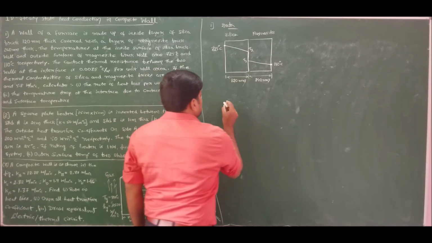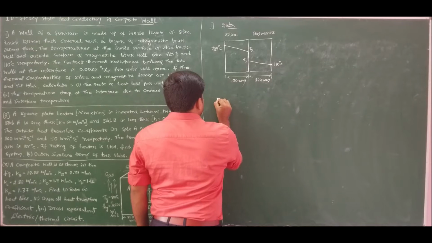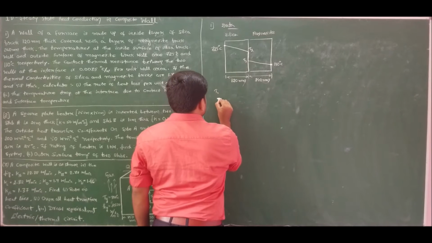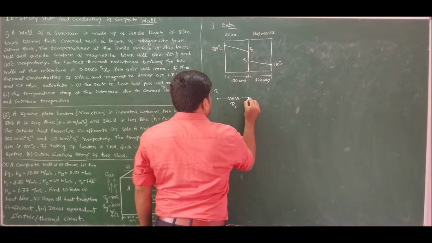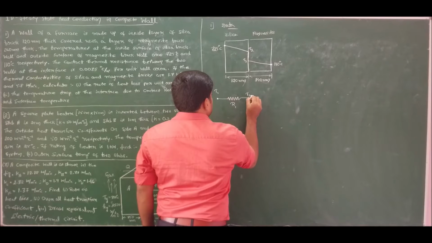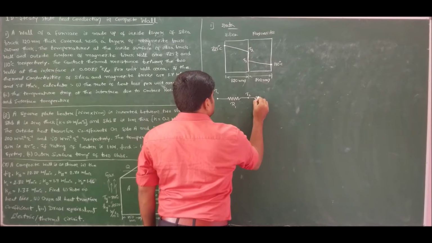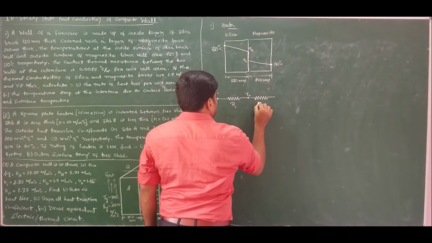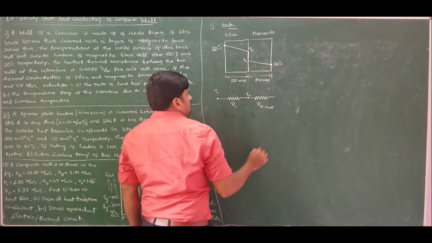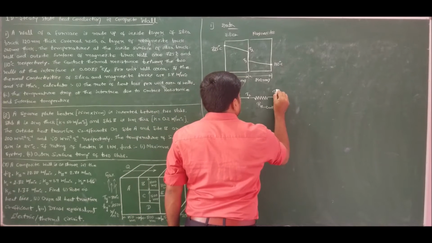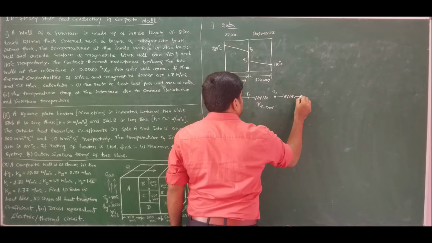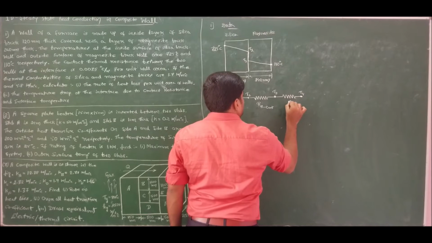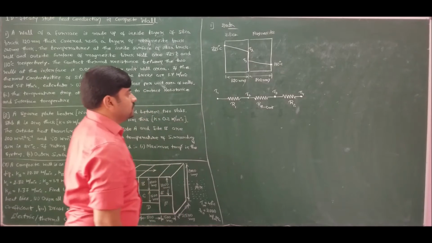So to analyze it easily, if I draw the electrical circuit, we have T1, the first resistance is because of conduction, and we have T2, there is a contact resistance specified for us. So therefore here we have thermal resistance due to contact. There is a temperature drop to T3, and then again we have conduction through a magnesite brick wall to temperature T4. This can be taken as a resistance R2.